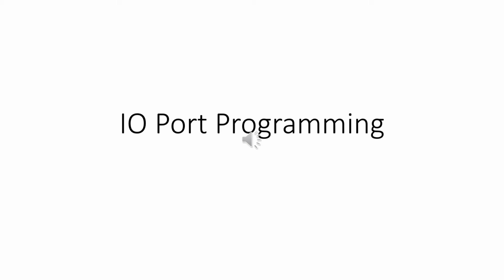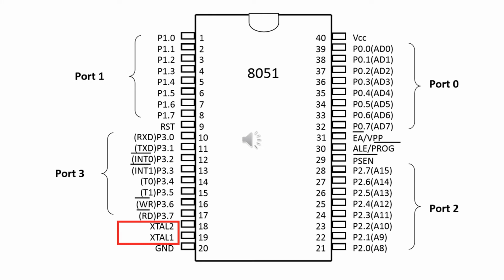Today let us see IO port programming in 8051. There are four different ports in 8051 for input-output communication: Port 0, 1, 2, 3. Let us see them in detail in the pin diagram. As you can see, the four different ports